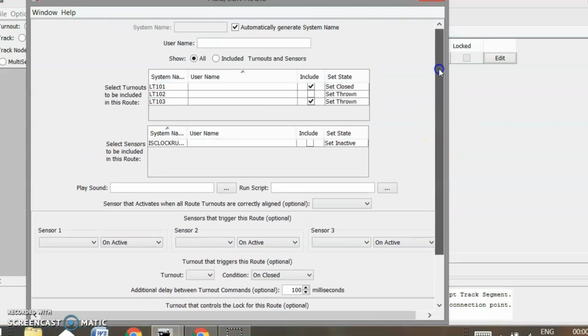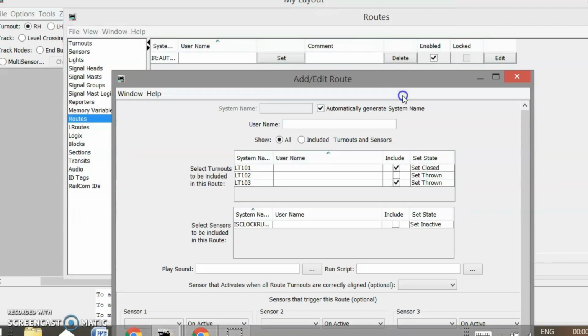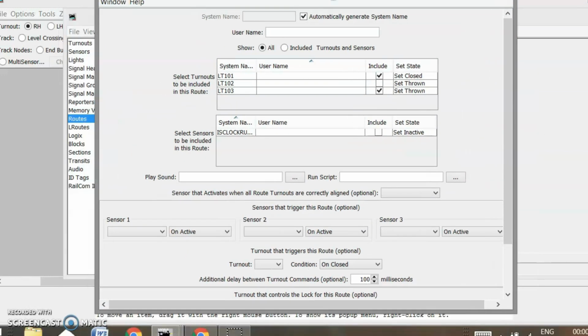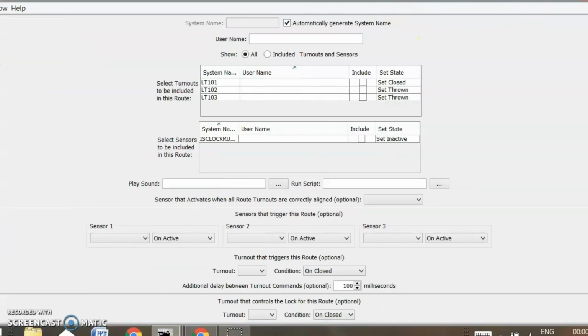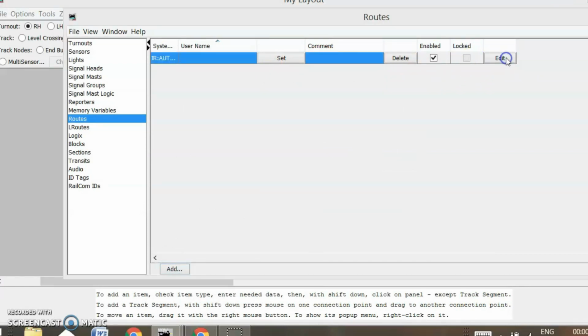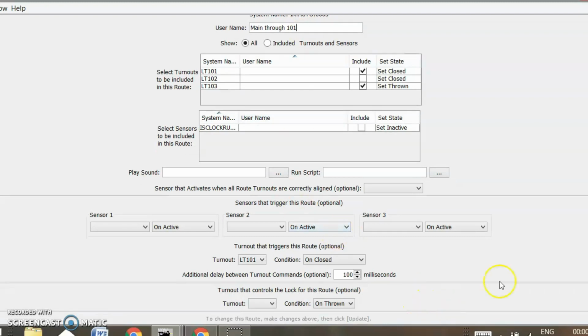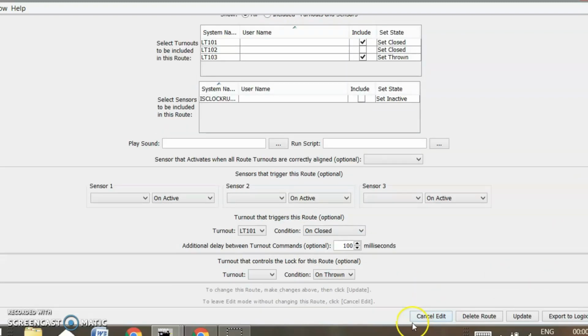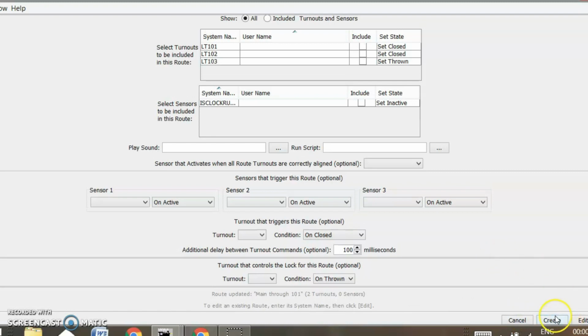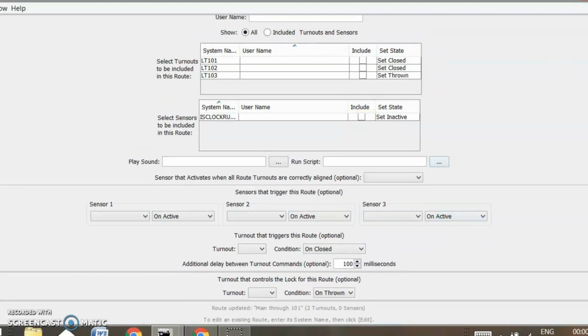Now, the other thing that I want to do is, let's see if this is saved. Yeah, so this one is already set. So the other one, let's go ahead and give this a name. So this is main through 101. So let's call it main through 101. Yeah, update route. So the next one, let's call it